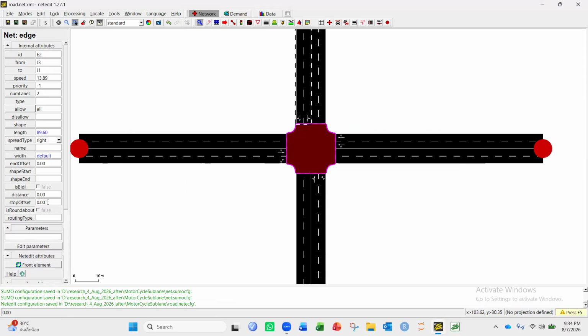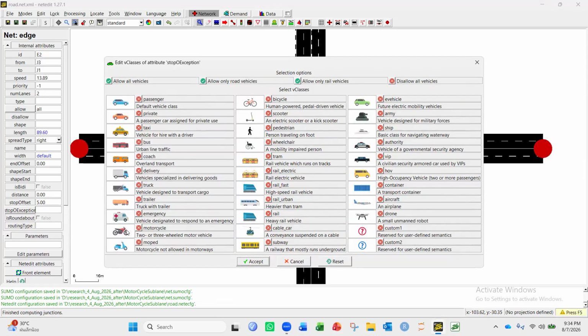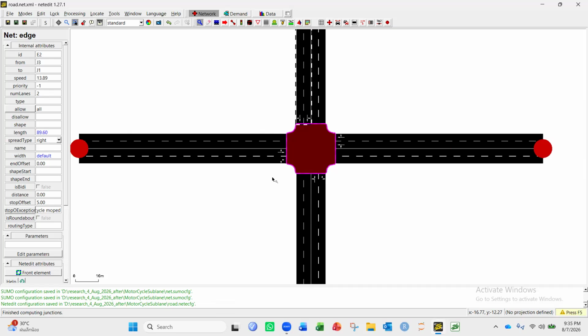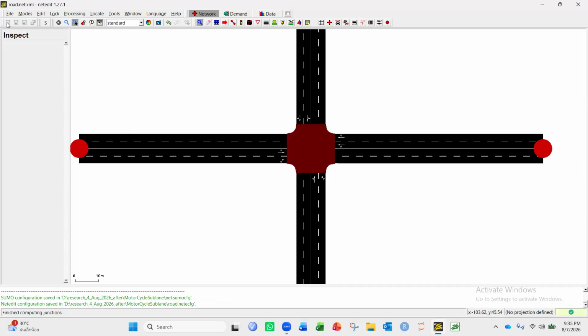Then again stop offset 5 meters, and exception is motorcycle. We can also assign only motorcycle. Now the motorcycles will do both queue jumping and lane filtering behavior. Now save the whole process.